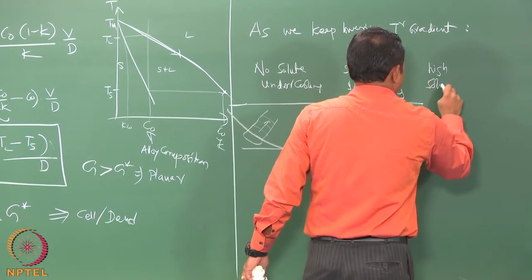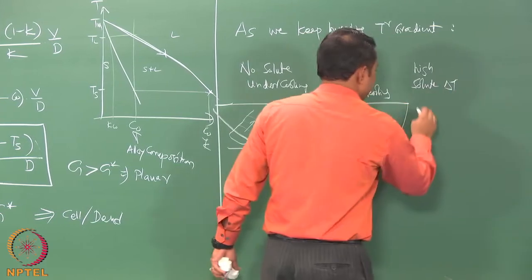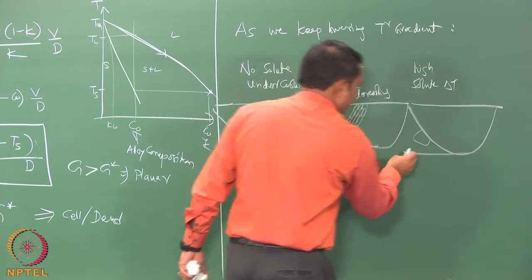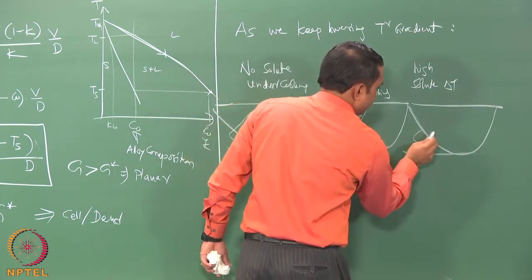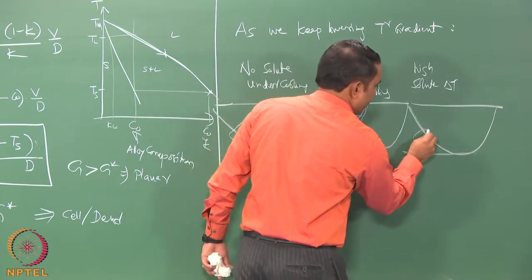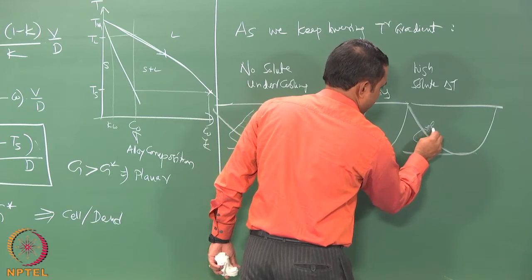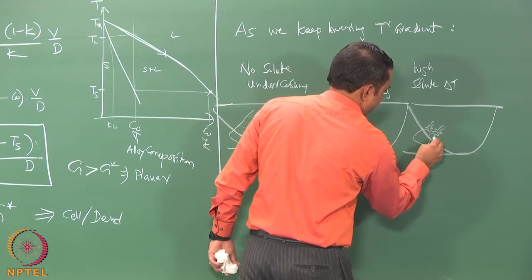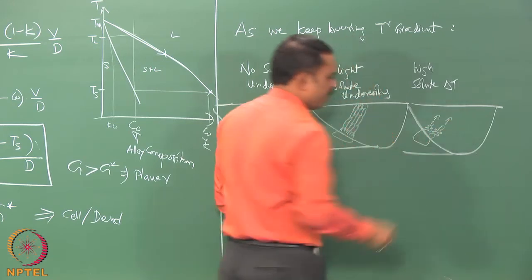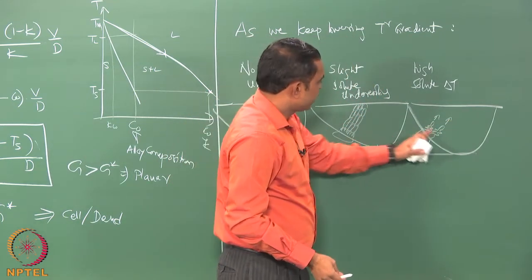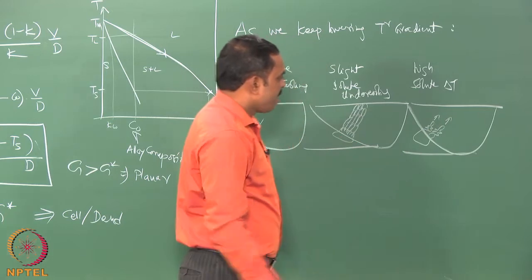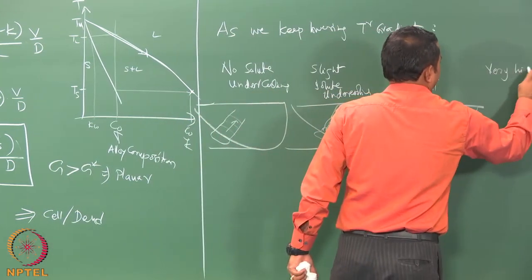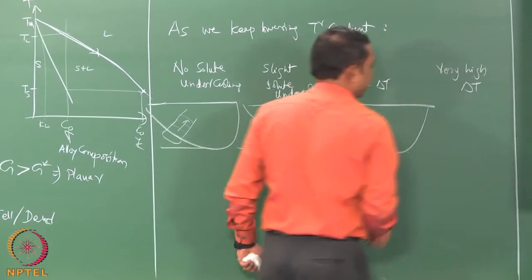And when you have high solute undercooling, then it goes further up. Schematically, it has situations like this. These are cells, and you would have dendrites growing, and these would keep going further, which means that the microstructure scale is further refined. And when you have very high solute undercooling,